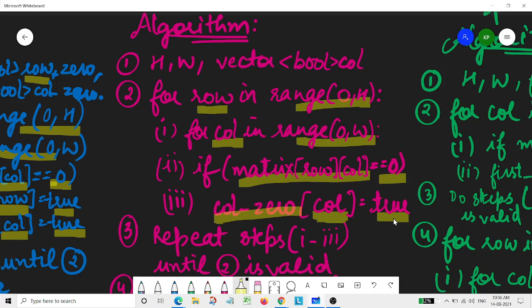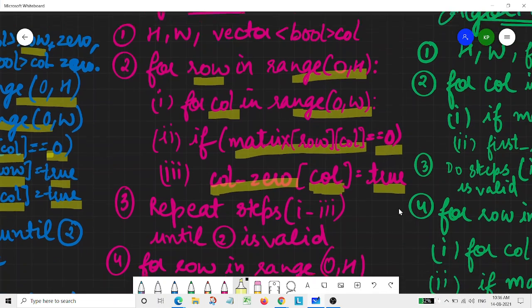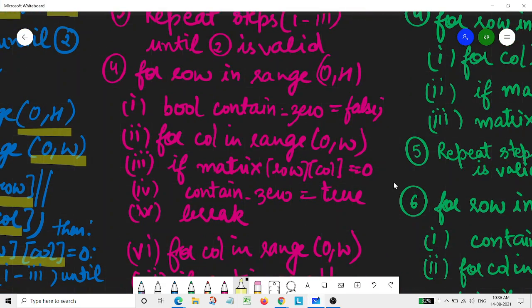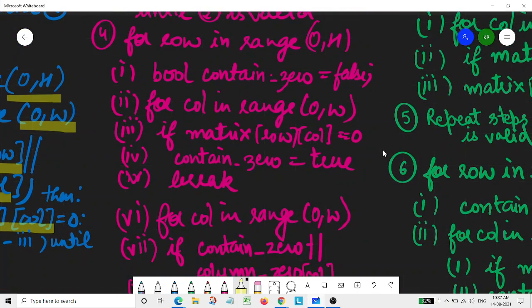Now the thing that comes to mind is how we will do it for rows. So for that part, we are again traversing our matrix, again starting from this. This time we are maintaining a variable, contains 0. Basically this is for our row.